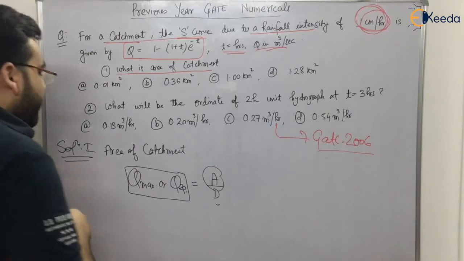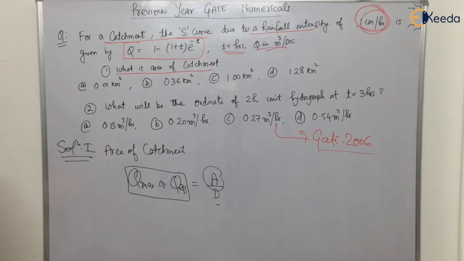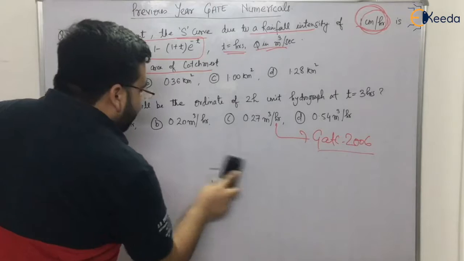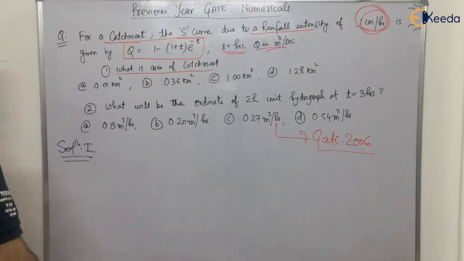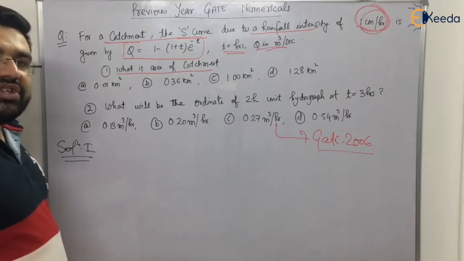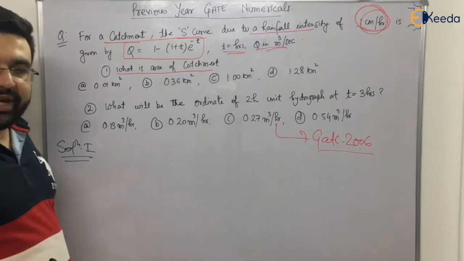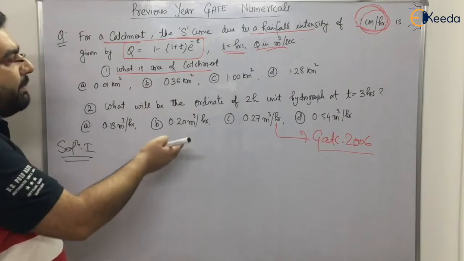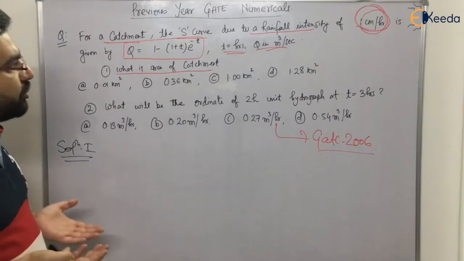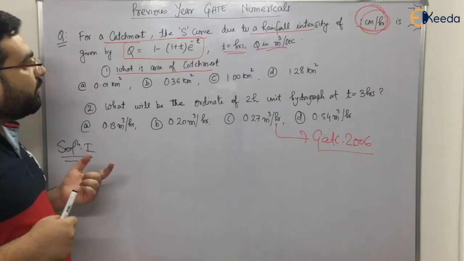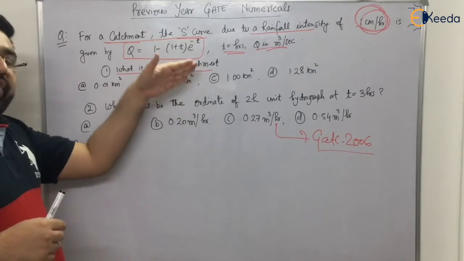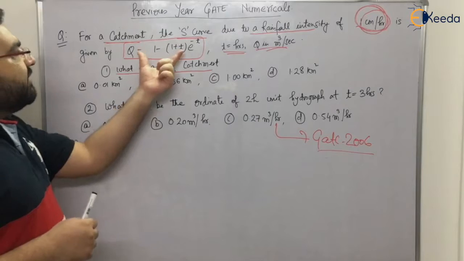So first of all, let me determine Q max. If you remember, there were 3 ways to determine Q max. The first way was the normal method, 2.778 into A by D, which is not applicable because we are not given a table. That is why we cannot determine Q max or Q equilibrium that way. The second method was to determine T and hence determine Q. We can use that method also, but it will be a very lengthy method.